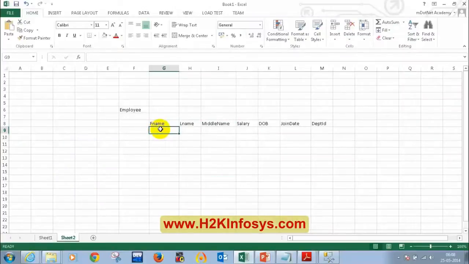For example, Ravi Verma and middle name, say for example, Abhay Ravi Verma. Okay. So do you think that another employee can have the same first name, last name and middle name?